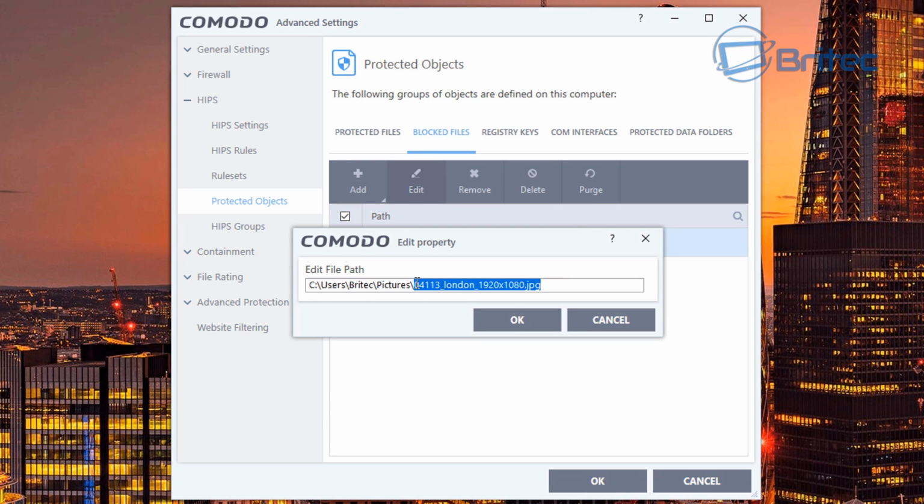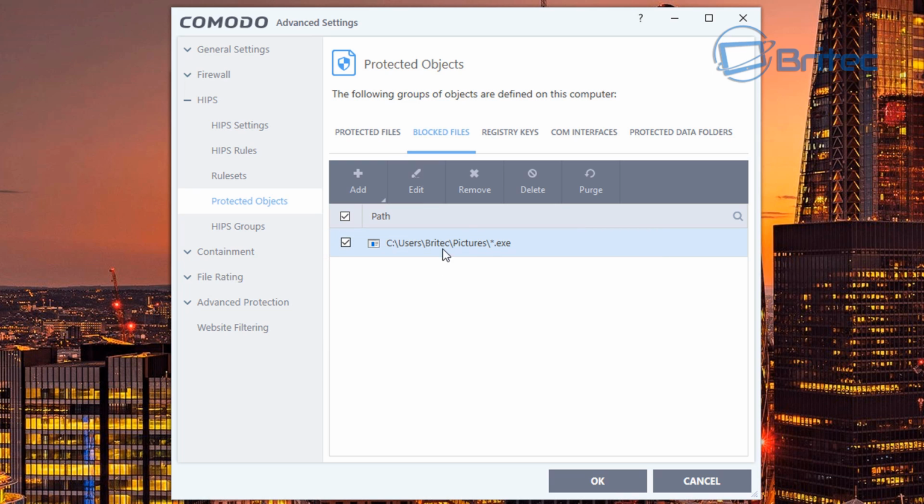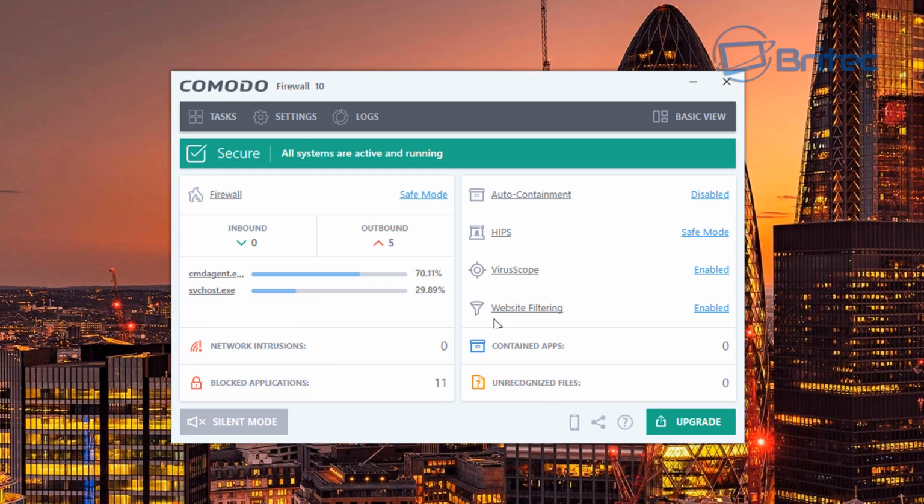So we're going to click edit and now edit out the name of this file and put star dot, say, exe and click OK here, and this will block all executable files from dropping into the pictures folder or directory. Okay, now click OK here and we're pretty much good to go here. Now we can test this out. Click OK again, and that's set in stone now, so we can close off our firewall